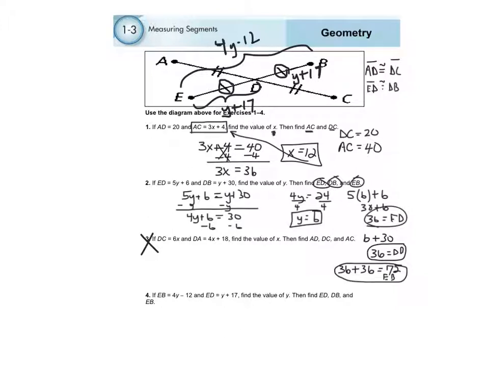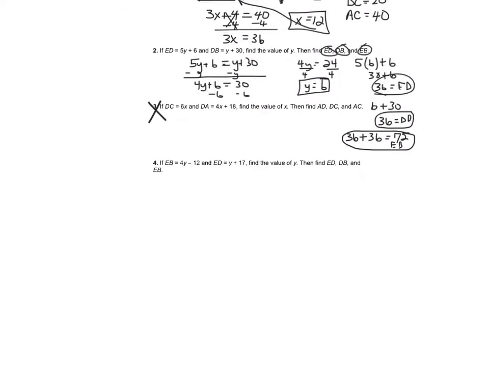So even though you have a midpoint example, we're still going back to the segment addition postulate. So I'm going to say y plus 17, that's a part, plus the other part, y plus 17,